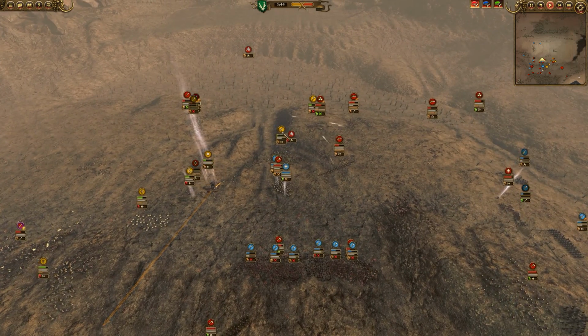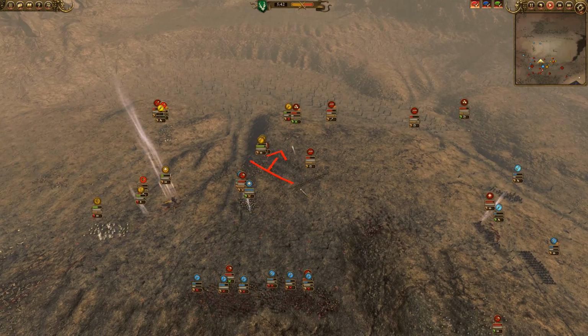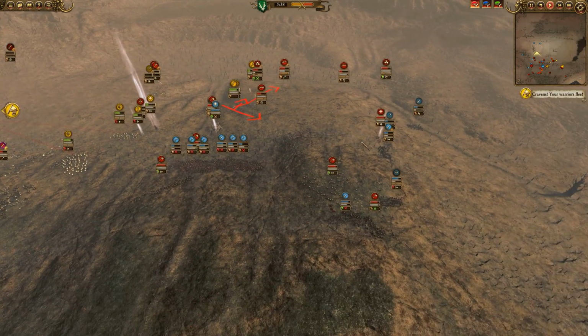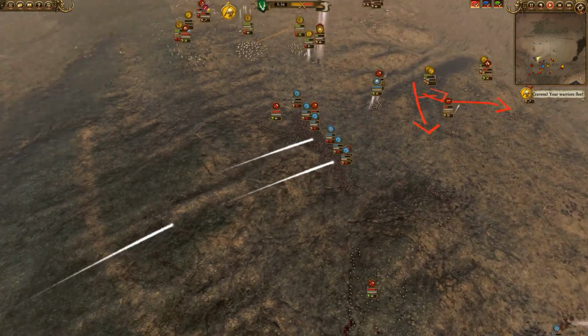Durthu routing this corridor, Wildwood Rangers and War Dancers routed off this corridor. Now we're going to move to these units as well. Meanwhile, my other War Dancers over here are trying to rout this second cannon. My ally, though...